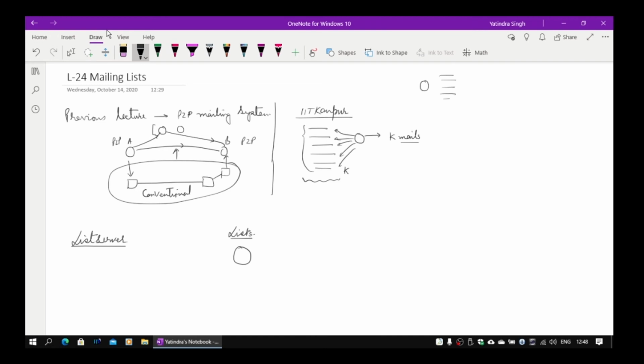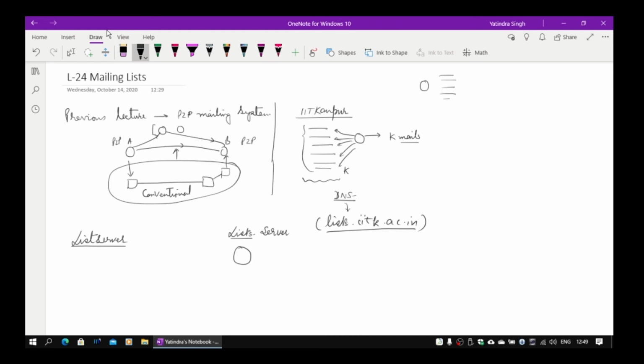In this case, the list is a separate server. We call it the list server. In IIT Kanpur, we run it with a domain called list.iitk.ac.in. So this is a domain, and DNS will always resolve this as the mail server.